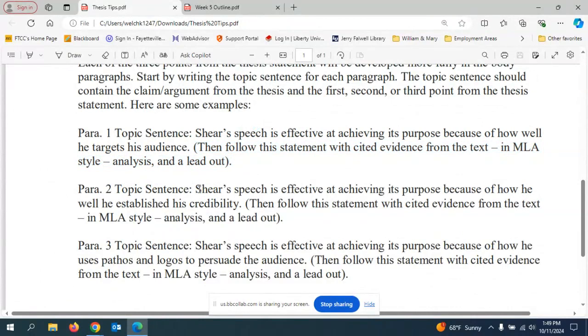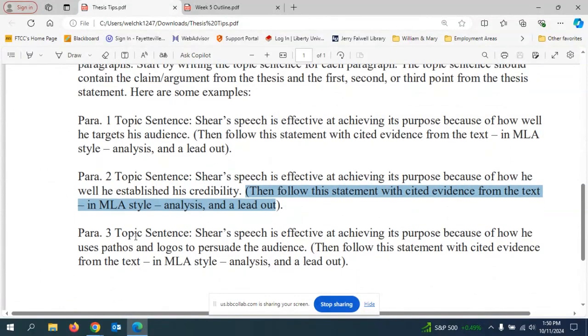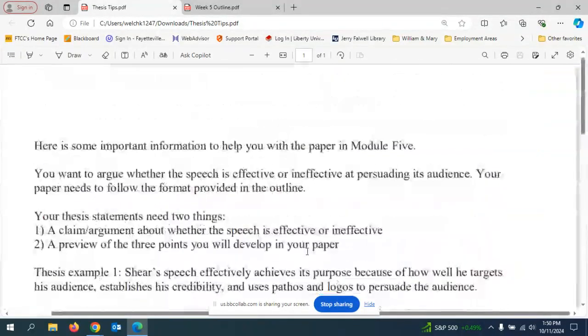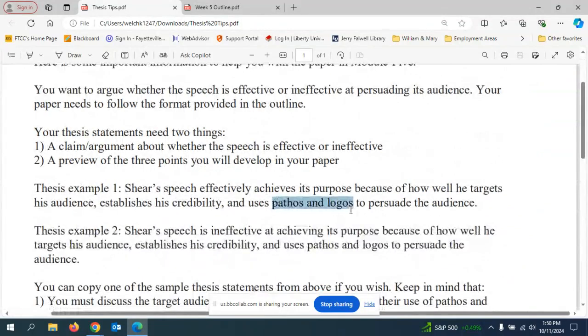Topic sentence 2 is going to be, Scheer's speech is effective at achieving his purpose because of how well he established his credibility. That'll be the first sentence of my second body paragraph. And then I'll follow it with some other stuff. And then the third topic sentence is going to be, Scheer's speech is effective at achieving his purpose because of how he used pathos and logos to persuade the audience. Again, that comes from the third point from my thesis statement. So I'm going to pretend that I'm you, for example, and I'm going to copy this over,